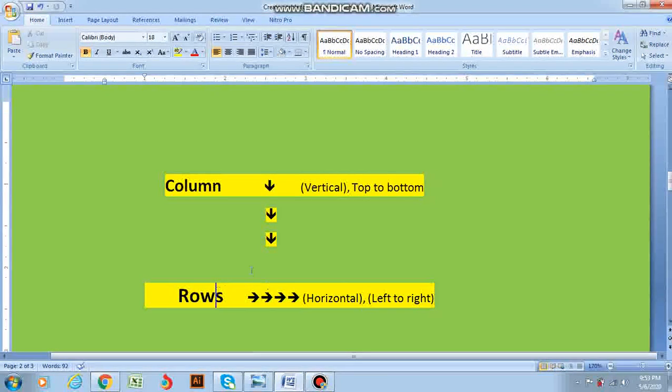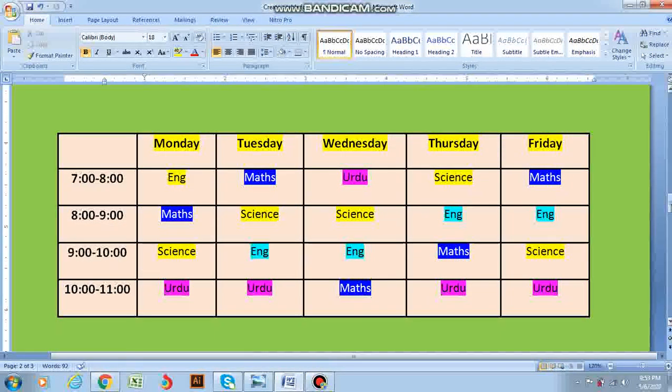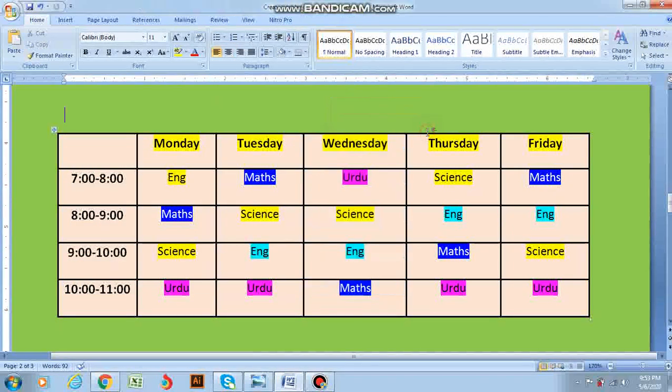Okay, so for the hands-on activity, I have created a sample for your convenience. For example, I have created this time schedule in which I have put the days in columns. These are the columns. Okay, they are running from top to the bottom. This is column number 1, this is column number 2, column number 3, column number 4, this whole one is column number 5, and this whole is column number 6.